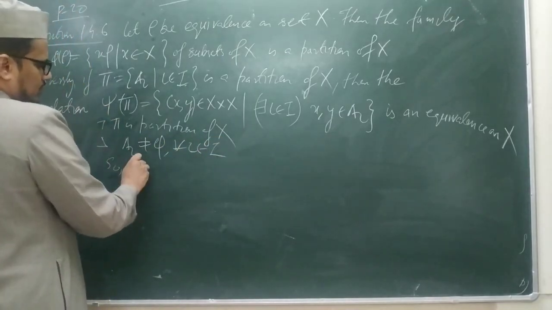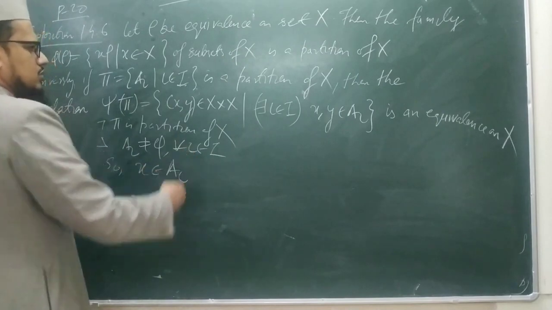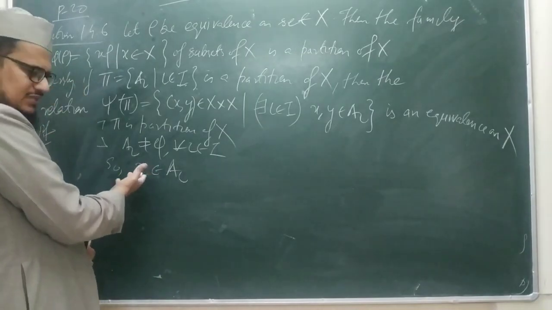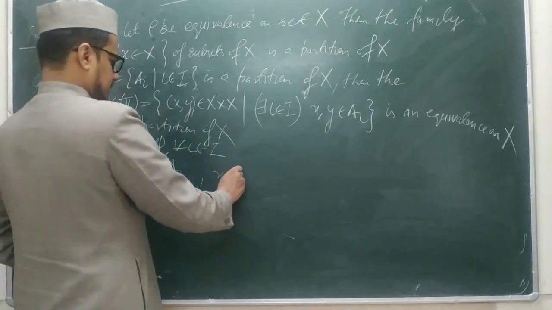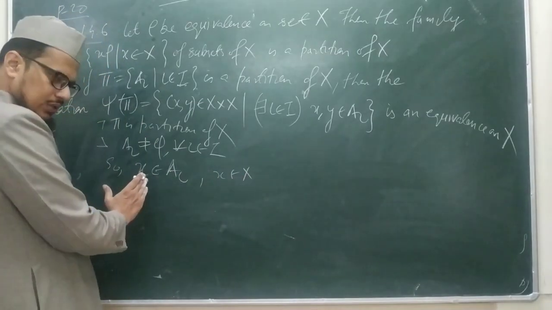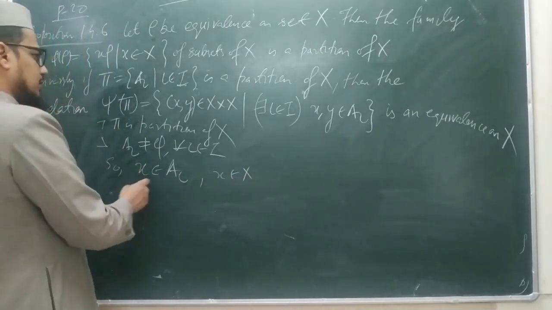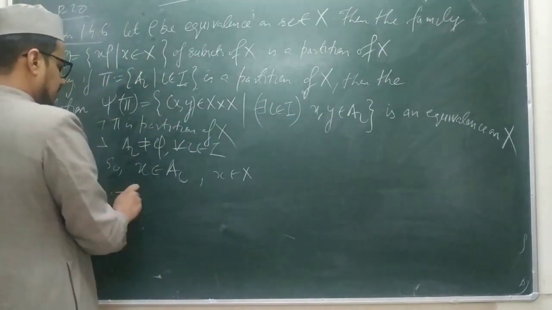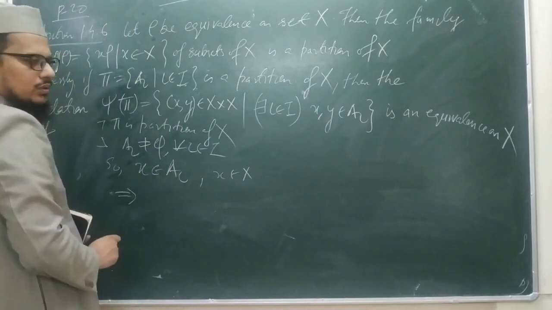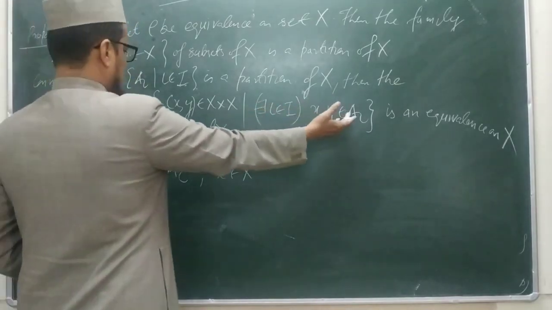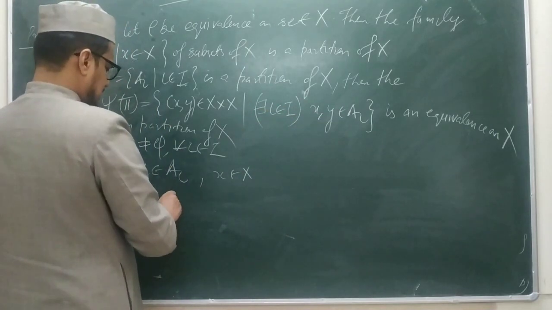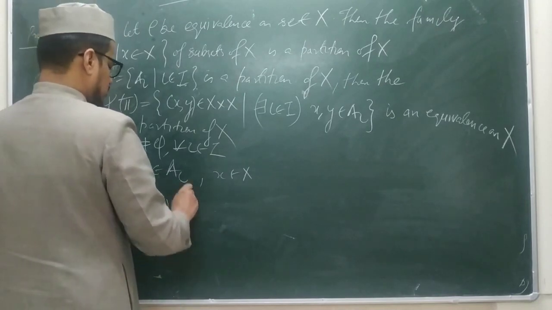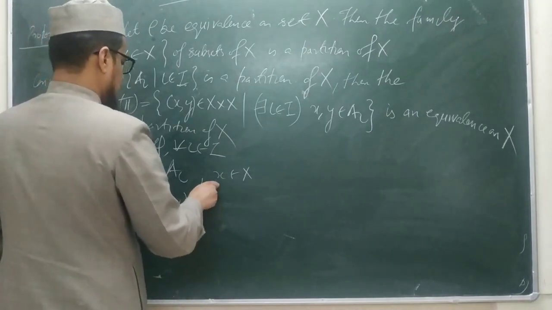So of course there must exist at least one element x that belongs to ai. Now if x belongs to ai, it implies that (x, x) belongs to ai, which implies that (x, x) belongs to psi pi,